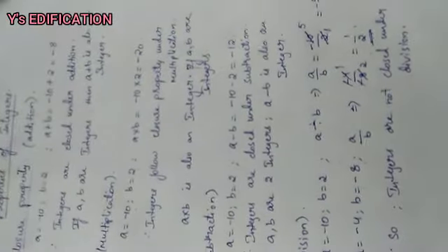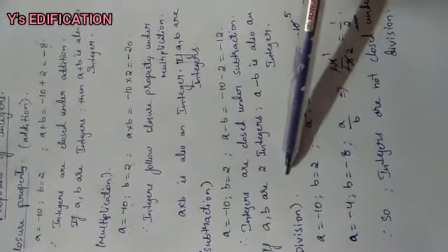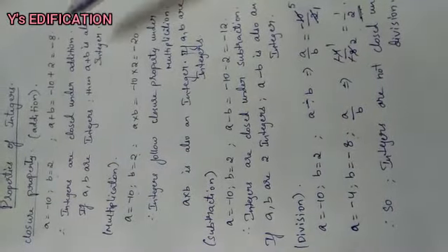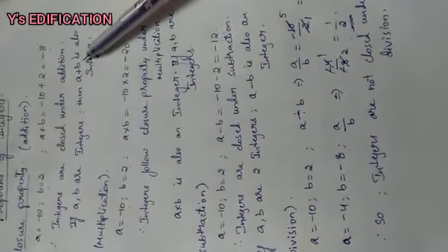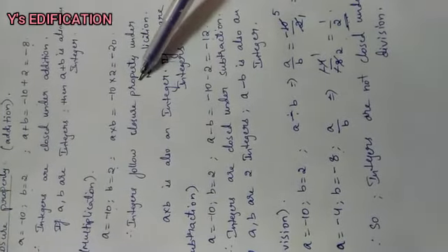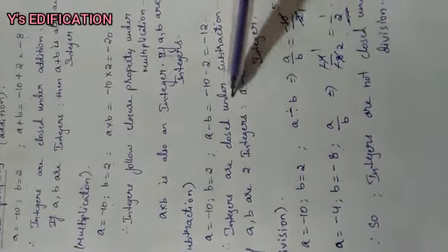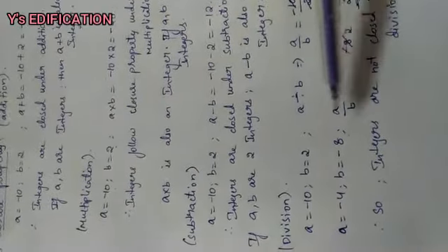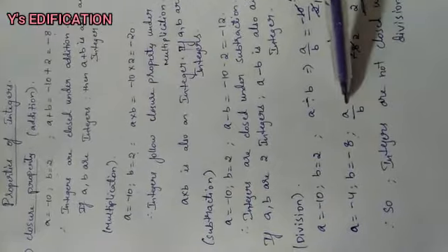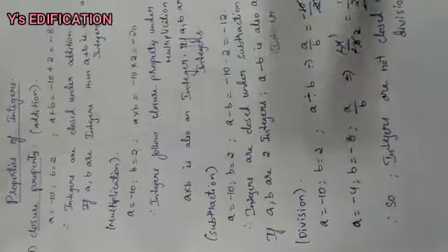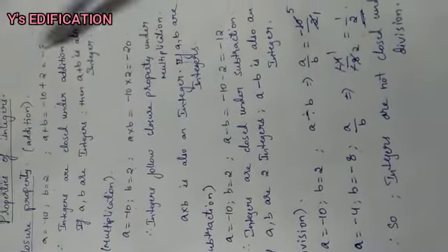Okay, we have done addition, multiplication, subtraction and division. So in the case of addition, integers are closed. In the case of multiplication also integers are closed in closure property, and subtraction also it follows, but in division it doesn't follow the closure property. Okay, this is the first type of the property of integers. Okay children, everyone make down a clear note like this in your notebook.